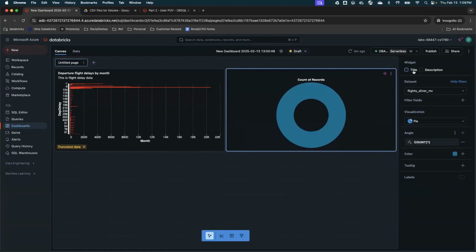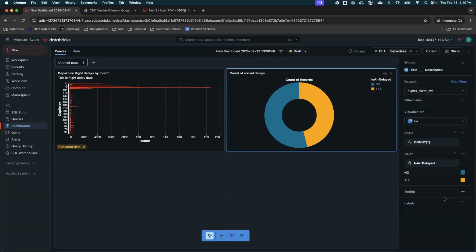Now here, I can add title. So I can add title as count of arrival delays. Once you do that, in color, I can go and group by arrive delay, right?